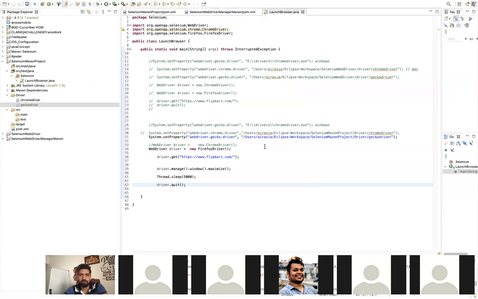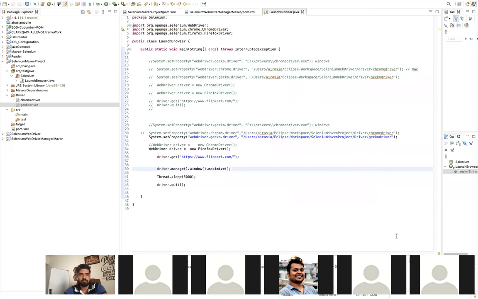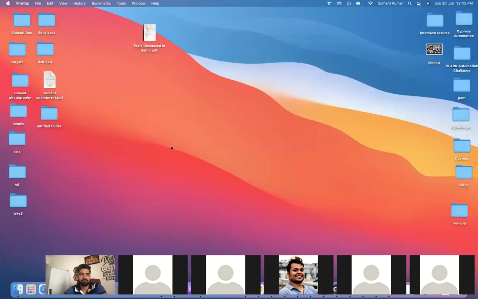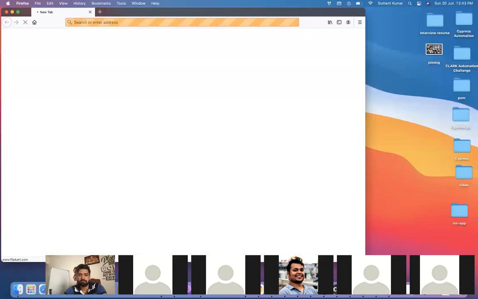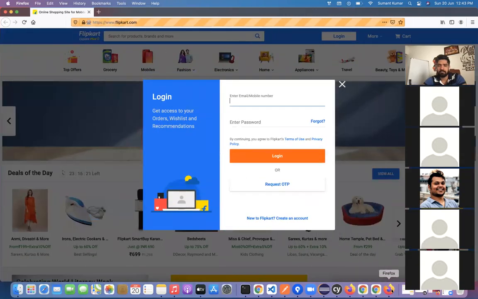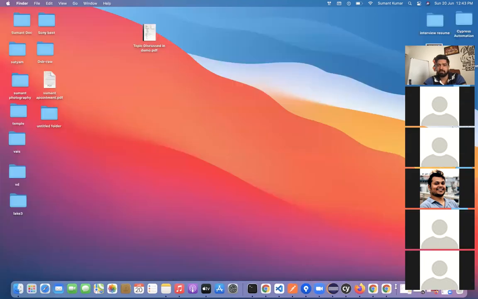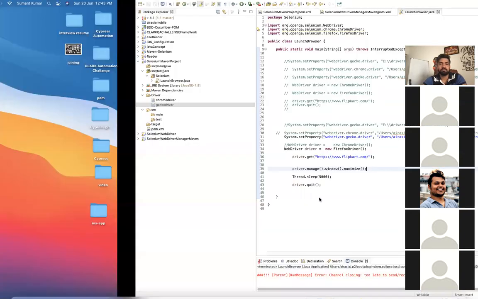I guess you could not see how to confirm whether it is Firefox or Chrome, so I will give the execution again. You can see here at the bottom, Firefox has been launched, and after that it quits. So it quit Firefox here, correct?